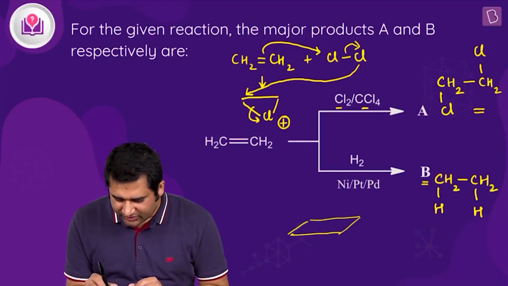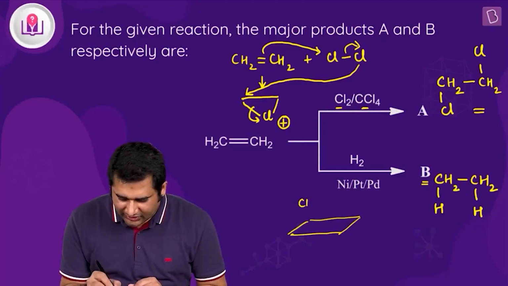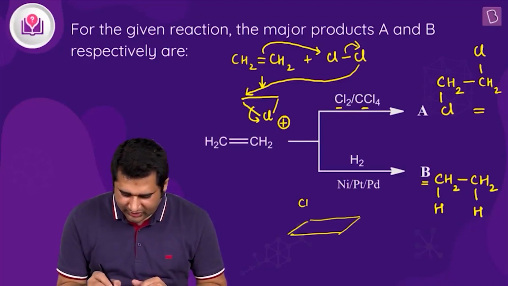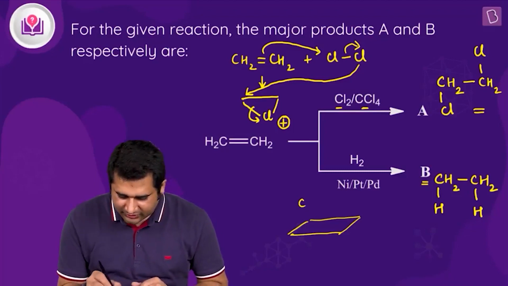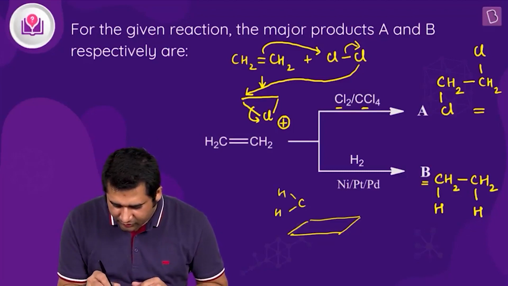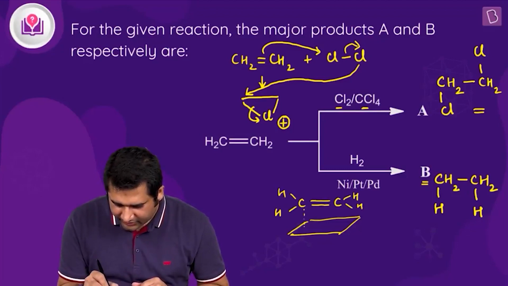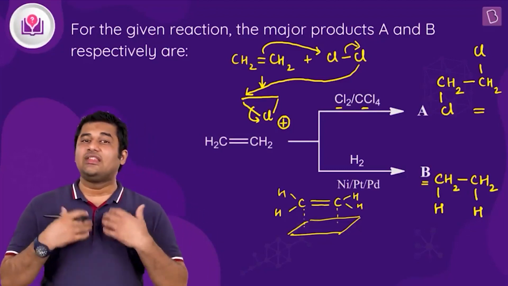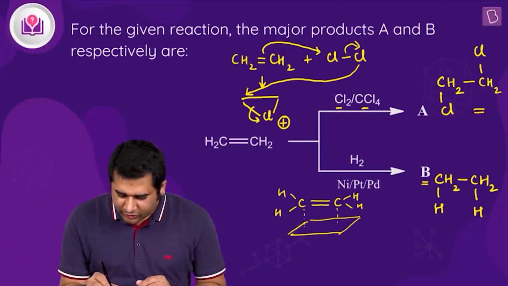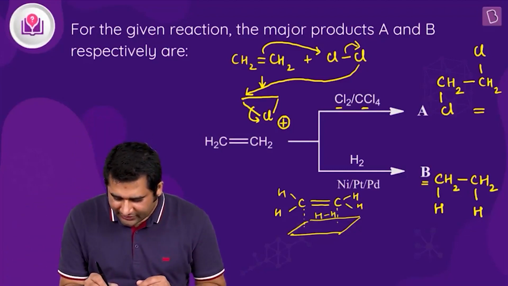So let's assume this is the surface of the catalyst. So this ethene, let me show it clearly. Just a minute. Yes, so here you can see the ethene molecule gets adsorbed. So here this adsorption takes place. Along with the ethene, hydrogen molecule will also get adsorbed on this catalyst surface.